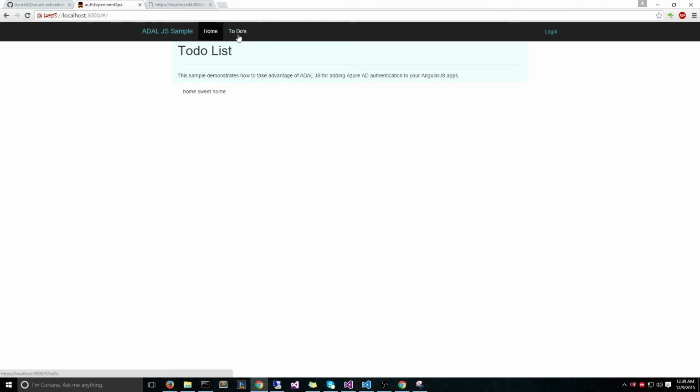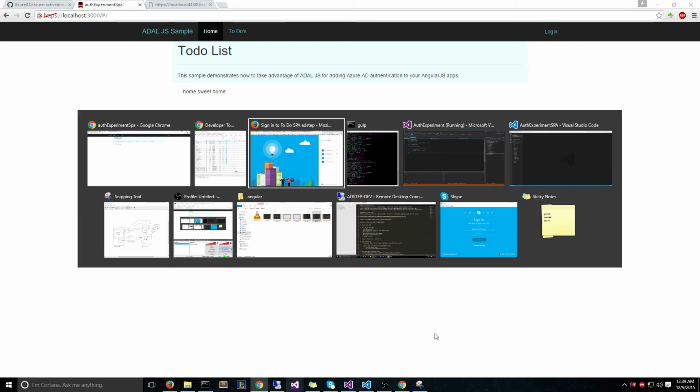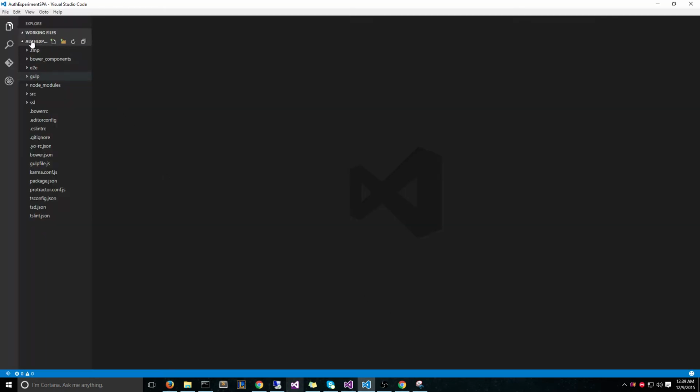So if I click on the to-dos, we're going to be forced to log in. So this is essentially a proof of concept that we can get secure login using our Microsoft credentials. So now I just wanted to quickly run through how simple this is using the tools that I explained at the beginning of the video. So if I jump into Visual Studio Code, which is opened in my auth experiment SPA, so this is the client side stuff. If I go to source and I go to